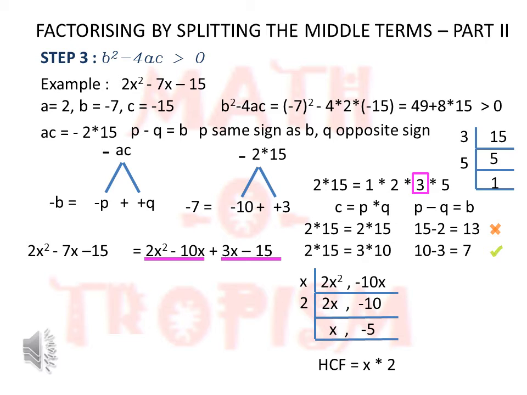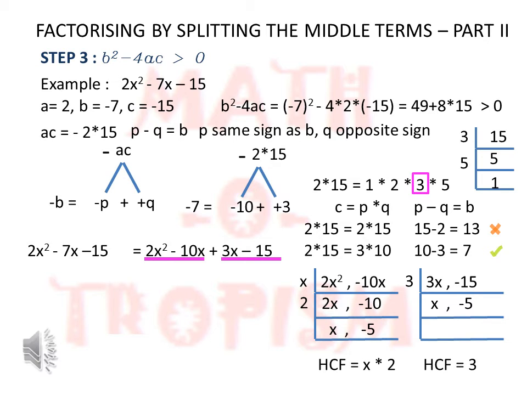So this is what is required. Of the next two terms, 3x and minus 15, in this case x is not common for both the terms, so I just start with the number. So 3 is a common number. I see that it comes to x comma minus 5. One thing we will note is in both the HCF, after taking the highest common factors, the last terms which are remaining will be same. So if you see here, both are having the common terms of x comma minus 5.